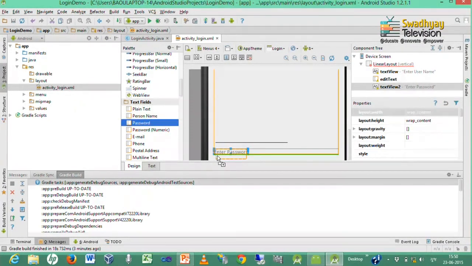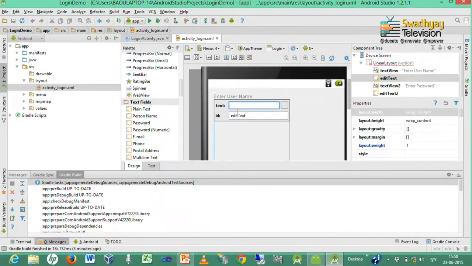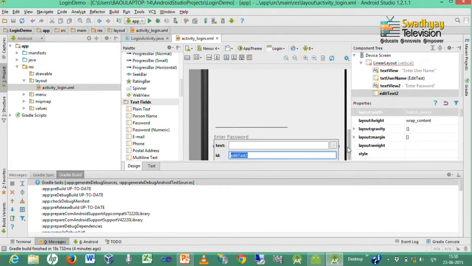We put it immediately after the text view, and now we rename all these controls. We give the ID for the first text field as txt_username, and for the second edit text we give the ID txt_password.